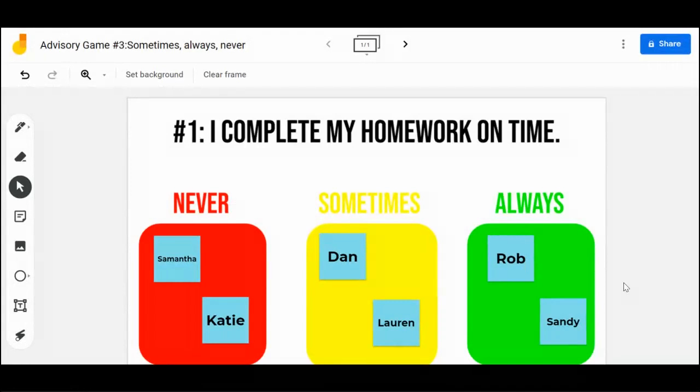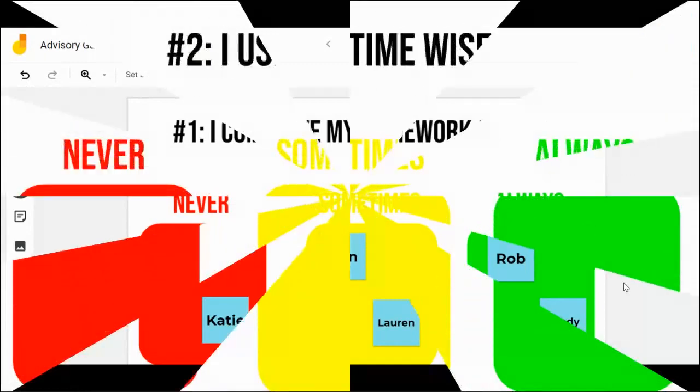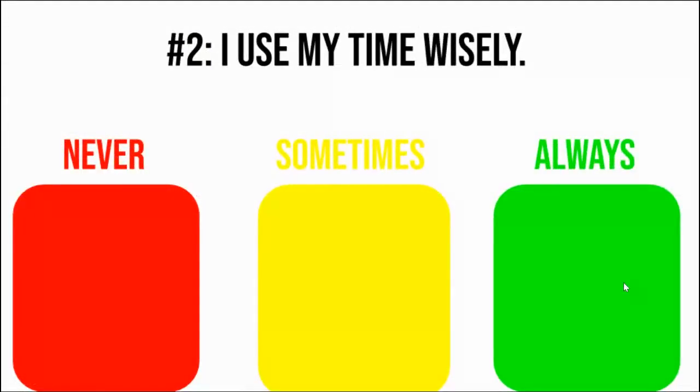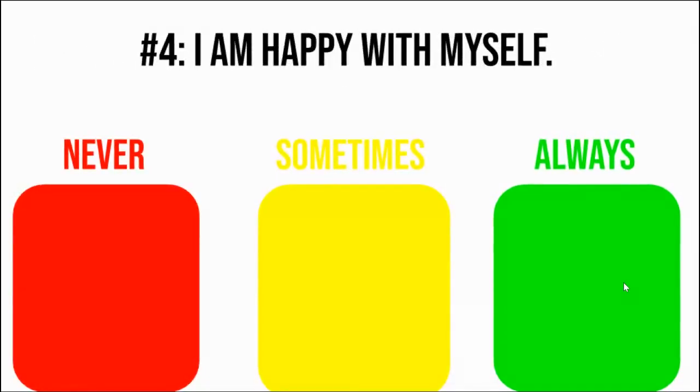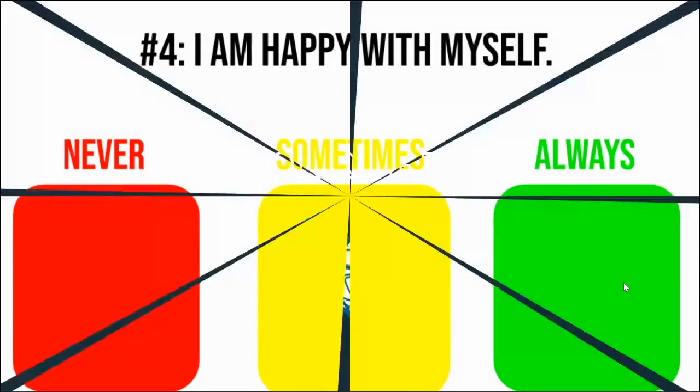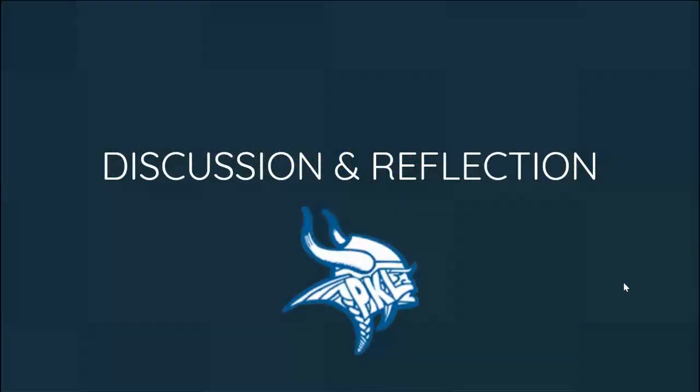Some more examples of questions include, I use my time wisely, I'm friends with other students on my team, I'm happy with myself. So just some examples to give the staff members ideas of how to use this in their own classroom. And then at the end, we're going to discuss the 3 games